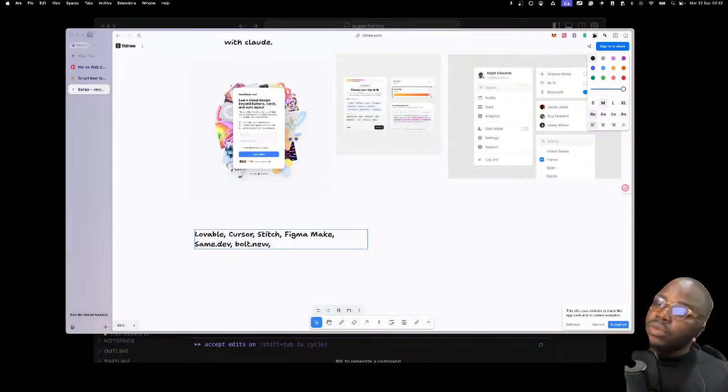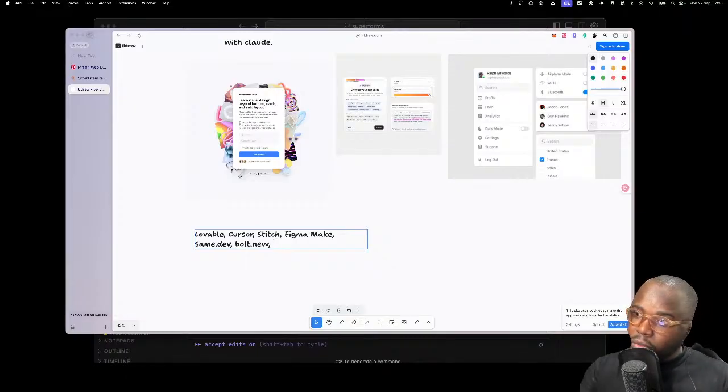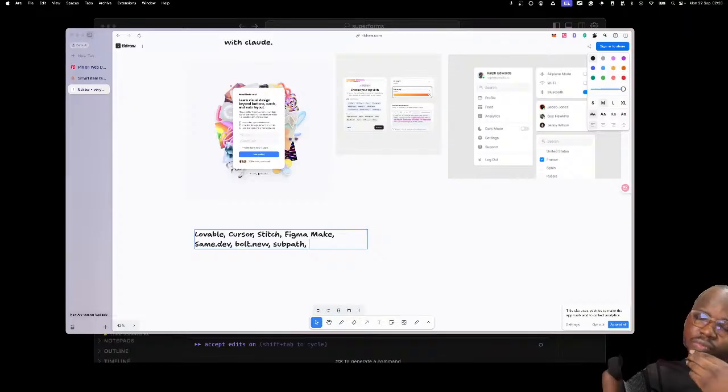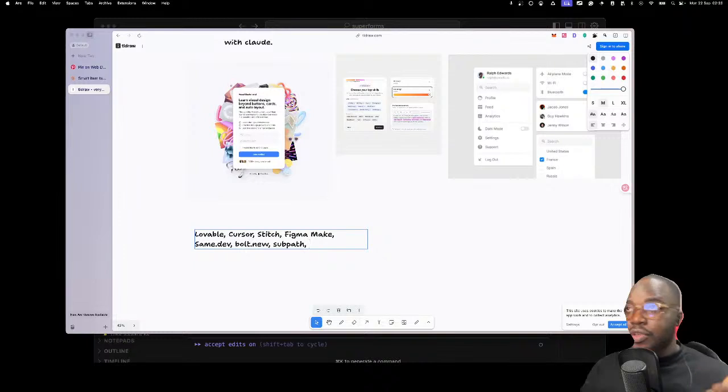You can use Subpat, I think. Is it Sub Magic or Subpat? I'm not sure, one of those two. You can also use V0. I forgot to write V0. There are a couple of others that you can also use.